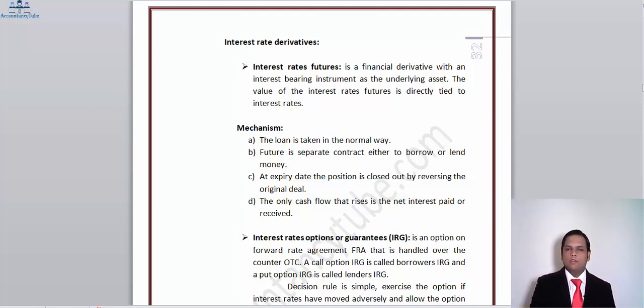Now if the loan gives you a loss, the future will give you the gain. That's how they operate, and as a result your net exposure to the loan or to the fluctuating interest rate becomes zero. Only the differential between the two will have to be managed by the company. So it's a very good option and it is exercised mostly around the world, and the best part about it is that it's tradable. So if you believe that it was not worth engaging in a futures contract, you can sell it in a market as well.